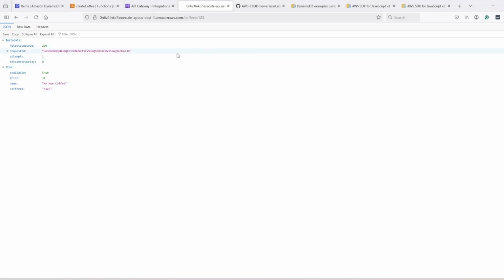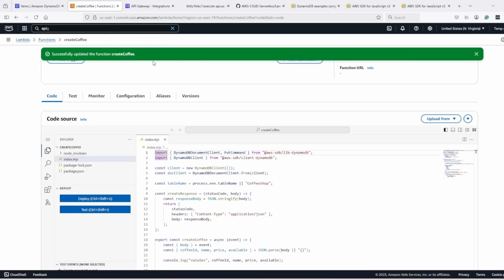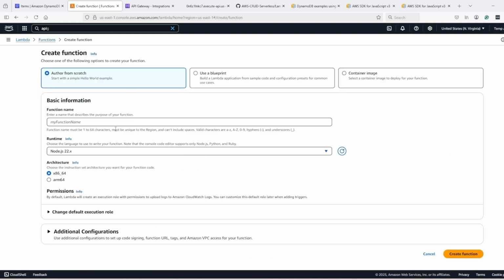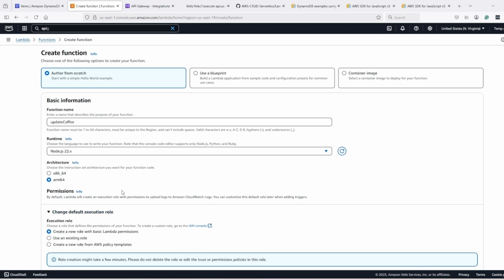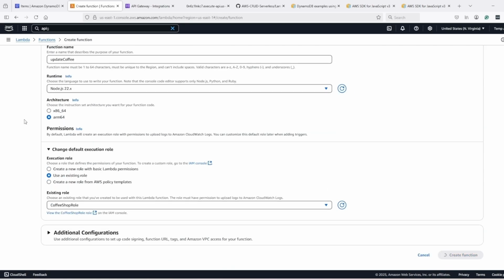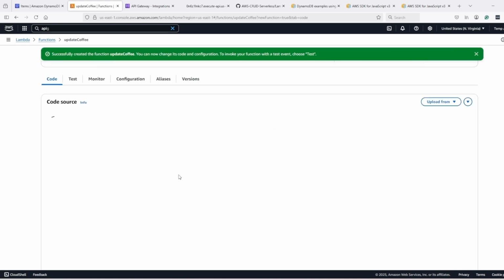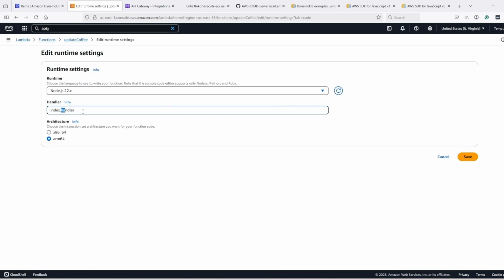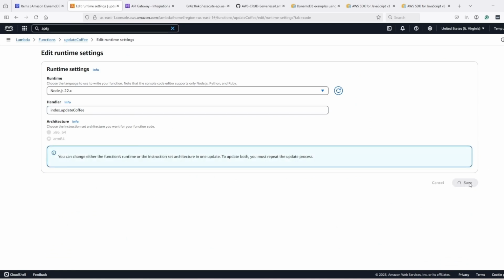So now both get and create are done. Let's create another function for update. Let's call it update coffee. Select R and role for function. Change handler to index.update coffee